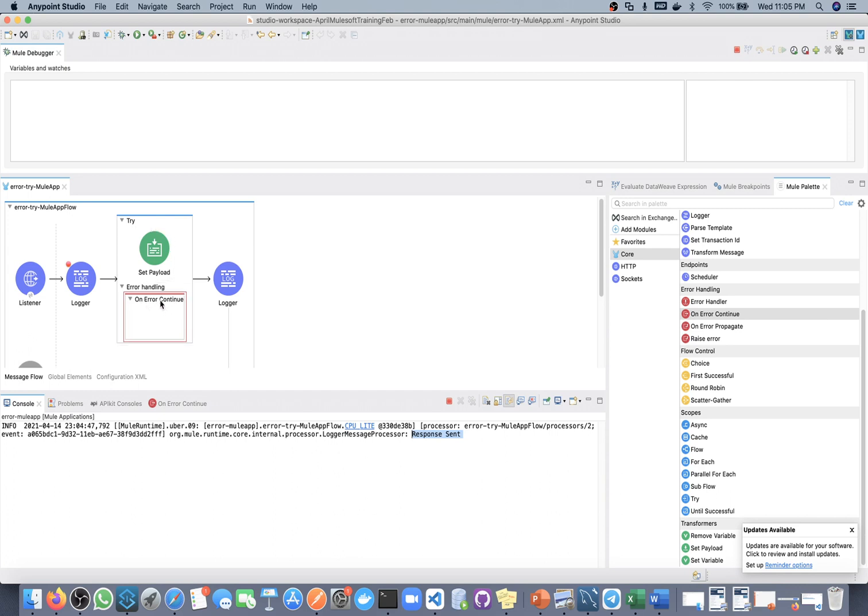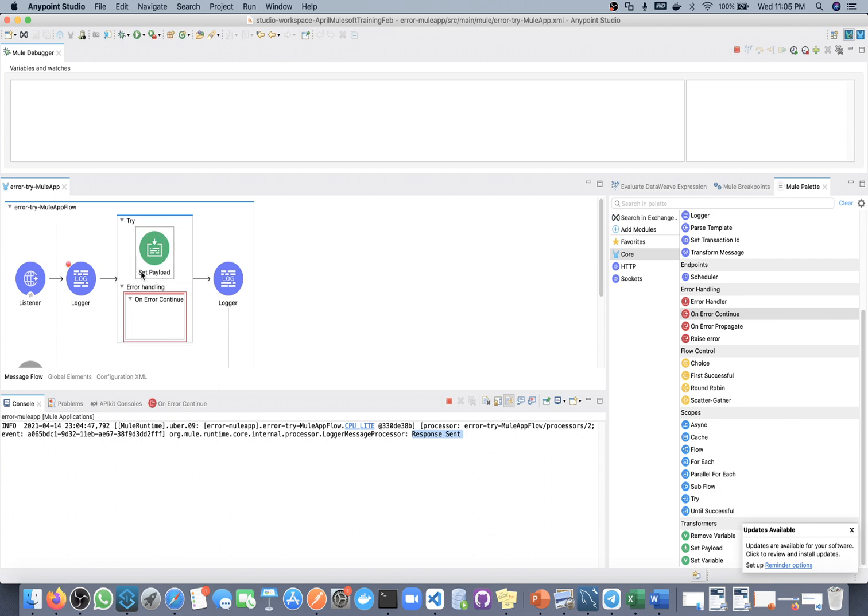Now, in case of this on error continue, if you put on error propagate, then what will happen? This will throw an error, and it will be caught by this on error propagate. Now on error propagate will catch the error and it will send the error. So this try block will go into error.